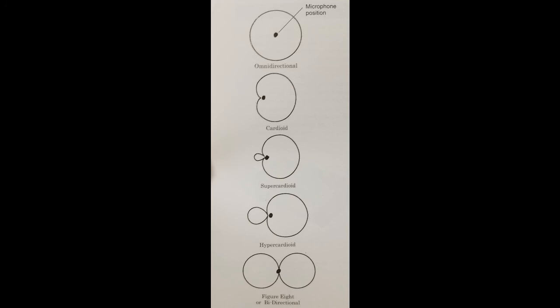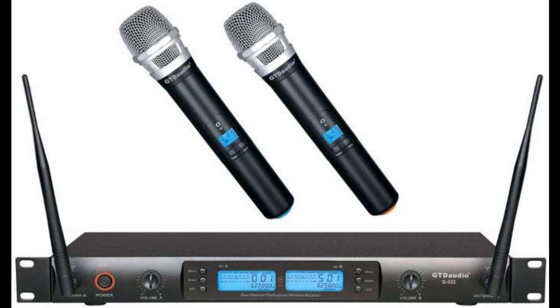While these other ones are fairly important, depending on what you're doing, we won't go in depth to each of those. While it's not a specific type of microphone, we do also have to discuss wireless microphones. What wireless microphones do is they use a low wattage FM radio transmitter to broadcast that particular microphone's signal to a receiver. And that then feeds that signal to the mixer.